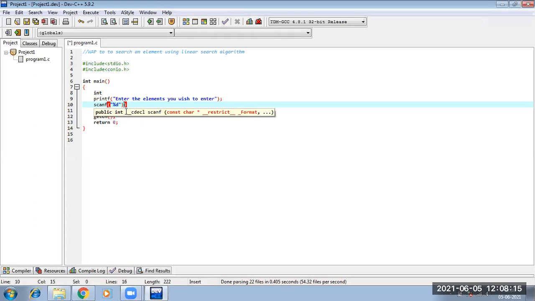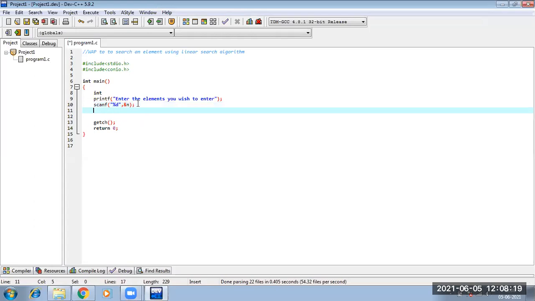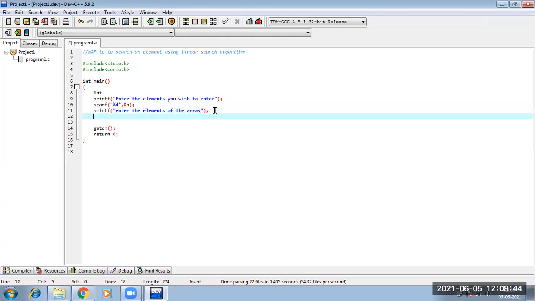So here I need to take the number of elements I wish to enter in my array. After doing that, what do we do? We take the elements. So they generally give enter the elements. Fine.